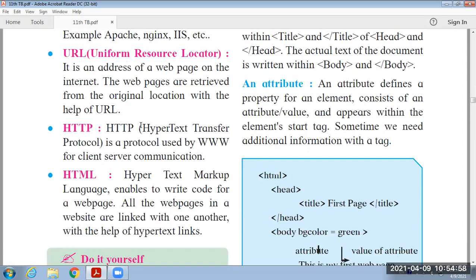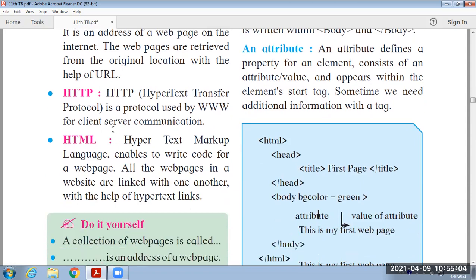Then HTTP, Hypertext Transfer Protocol, is used by the World Wide Web for client-server communication. Client-server communication means the client is we people, and the server is where complete data is stored with all administrative rights. That system is known as the server, and the communication between client and server is done by the HTTP.